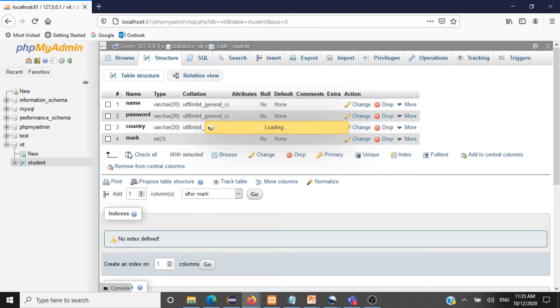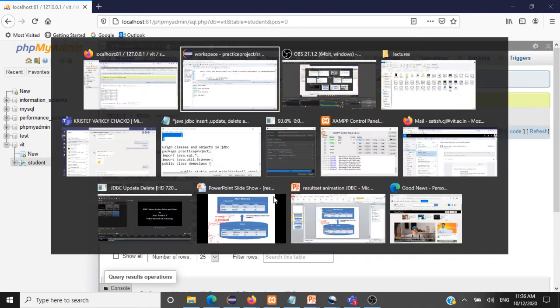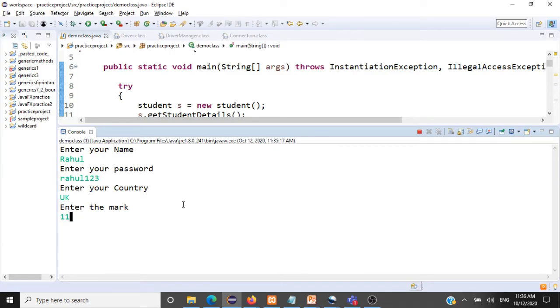So why we are checking this is to ensure that our program really inserts that record in the database. It's taking some time. Let's wait. Okay, so there is no record for Rahul here. Let's go and press enter and execute this.